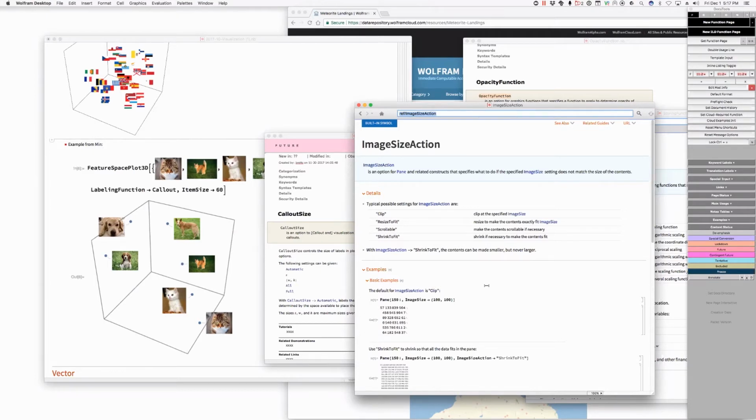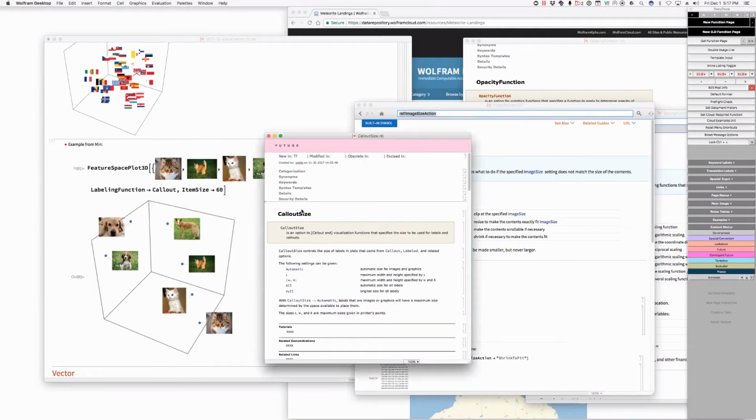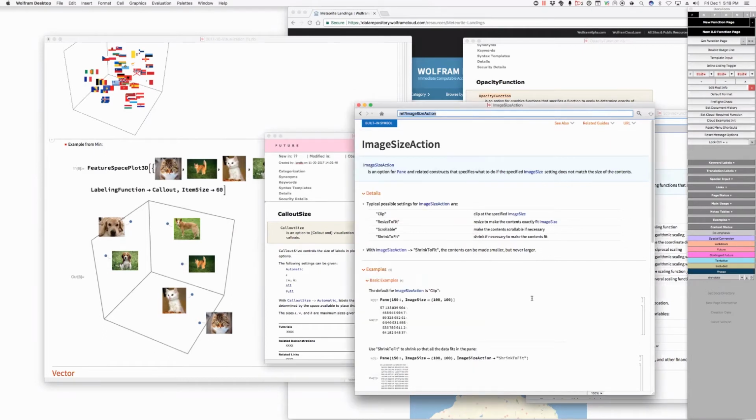I mean, there's a certain argument that the right thing to do here would be to say something like, there are options that you're specifying that apply to the labels. In other words, there could be a list of options. One of them could be image size arrow 30 means 30 pixels, whatever, comma, image size action goes to shrink to fit or something like this. And one could, as a courtesy, combine those so that one could just say whatever this super function, super option is. So what I'm suggesting is that there is a